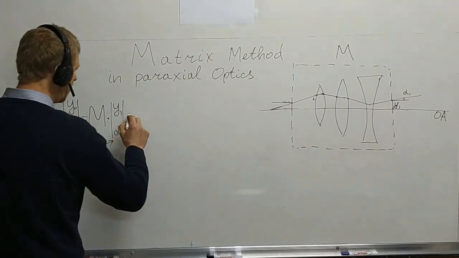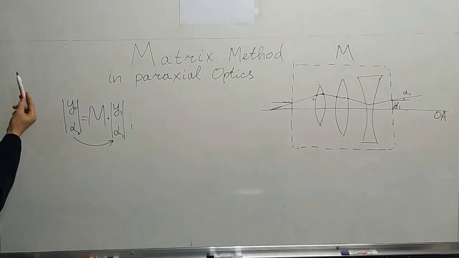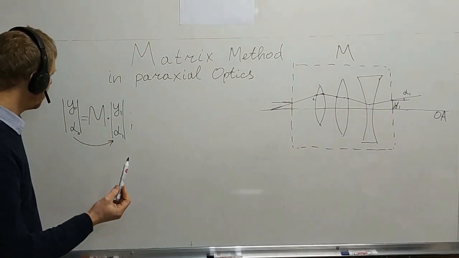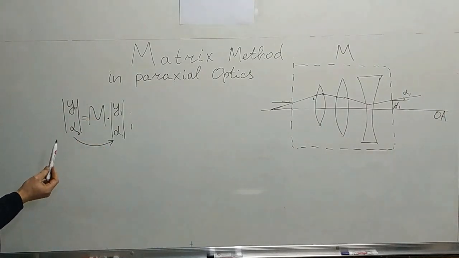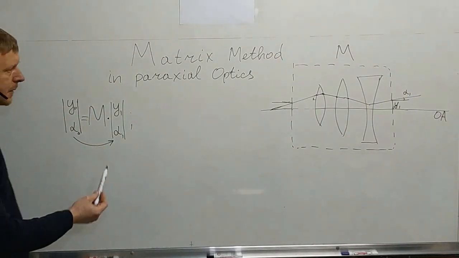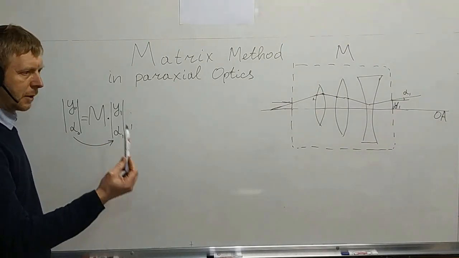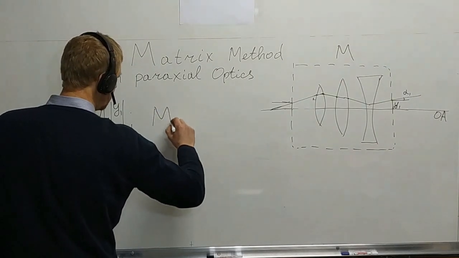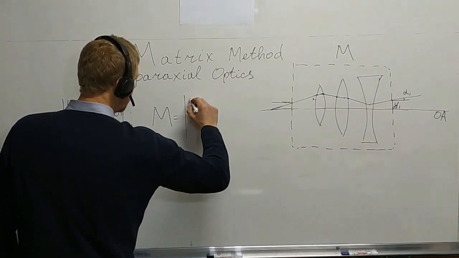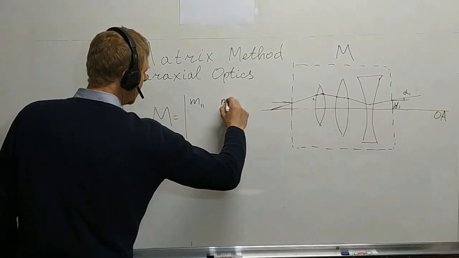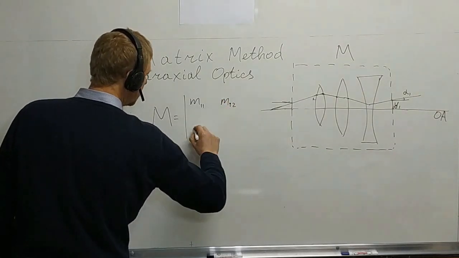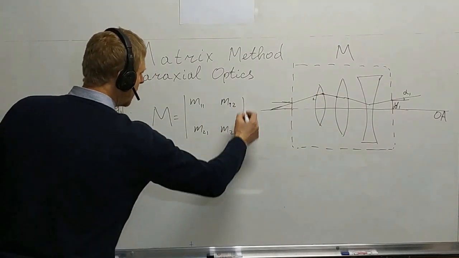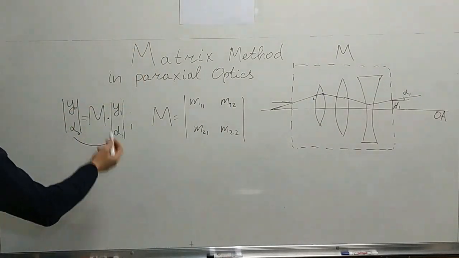So the result of multiplication of a column vector which consists of two numbers with a 2x2 matrix will produce another vector with two numbers. So it can be written, if I have a matrix which consists of M11, M12, M21, M22 elements. The result,